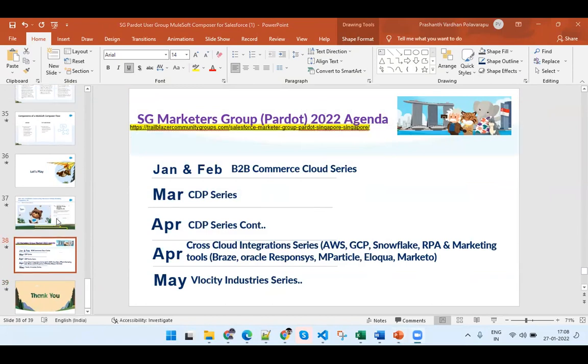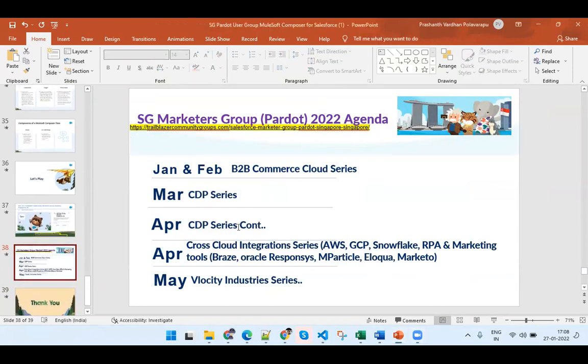Again, regarding the resources, we have the 2022 agenda over here. You would be able to join these group meetings. We have the B2B Commerce Cloud series that is running in parallel. Since last week, it has started. It's a wonderful session, and it's a hands-on workshop as well. We are trying to build something, so you will have to attend and see what we are trying to build in the